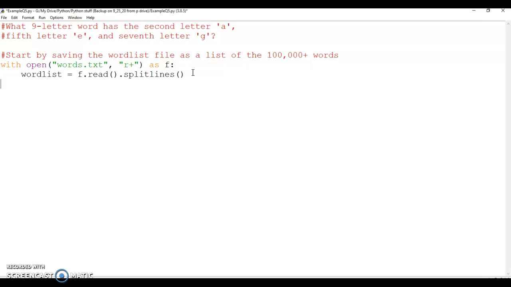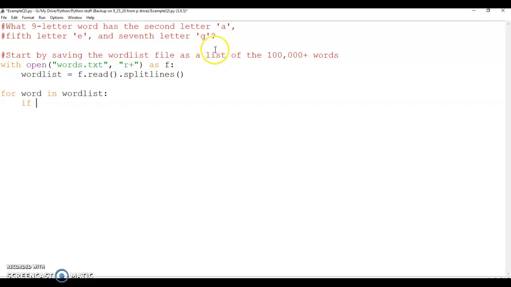Now we could do it inside the with or outside, that doesn't really matter, but I'm going to do a for loop. Now I could say for x in word_list, or for i in word_list, or for letter in word_list, but word_list itself is a list. It's a list of words, and as I do a for loop over it, it's going to go word by word. So word is going to start off by equaling the first word inside this file, and then the second word, and then the third word, and maybe I'll do something like if